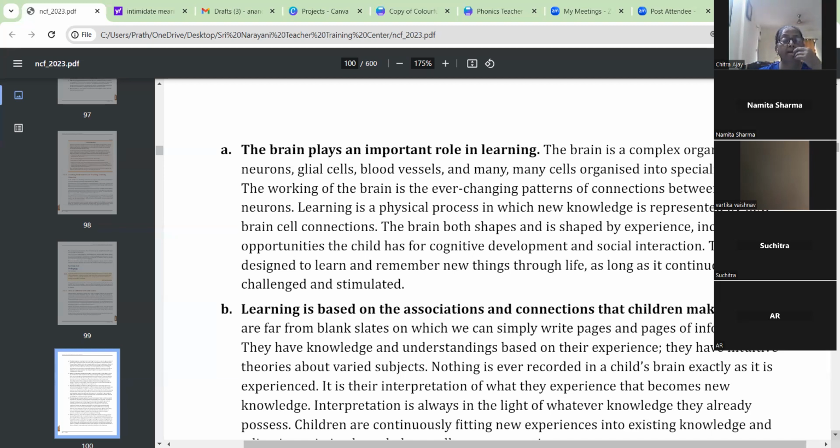The working of the brain is the ever-changing pattern of connections between millions of neurons. The working pattern changes as the neurons connect to different neurons. They are nerve cells. Learning is a physical process in which new knowledge is represented by new brain cell connections. Whenever there is a new brain